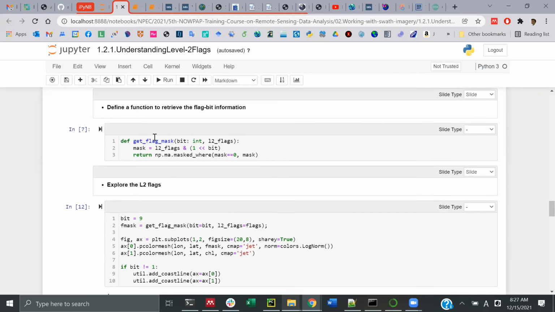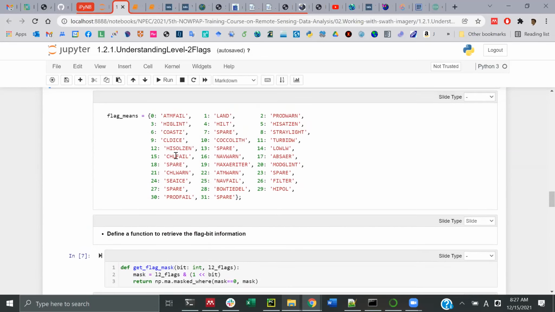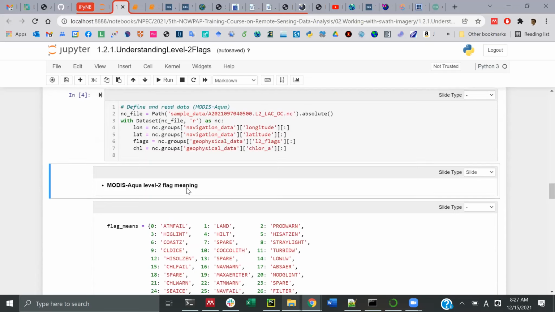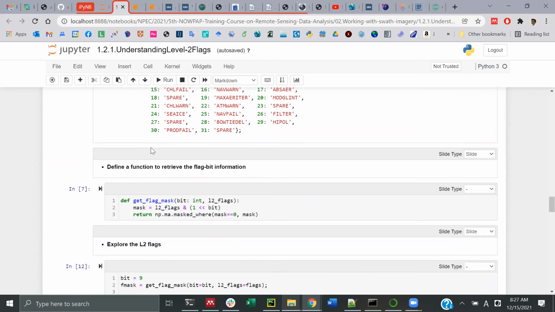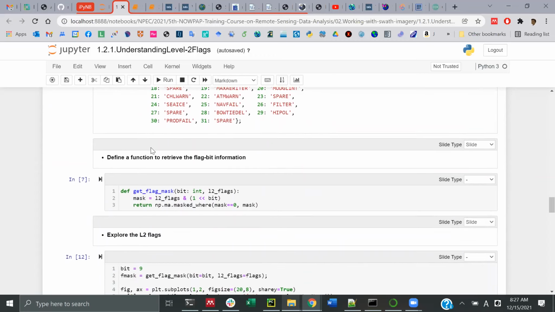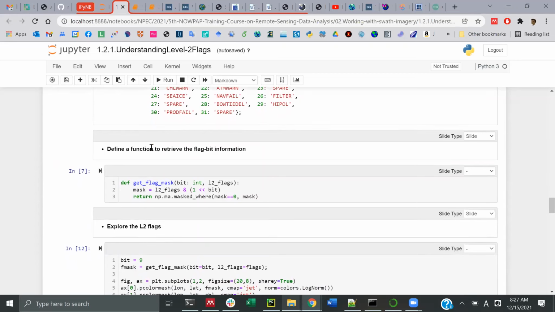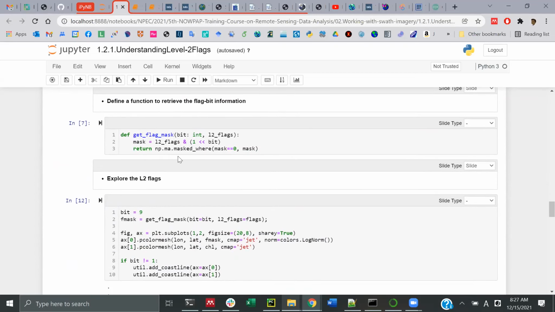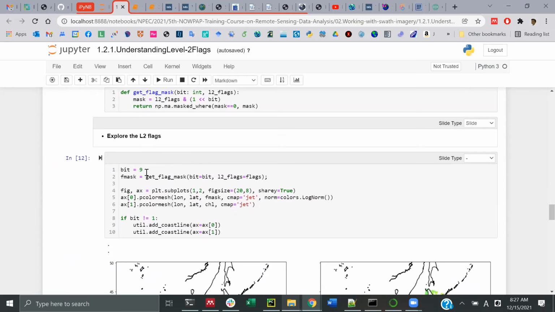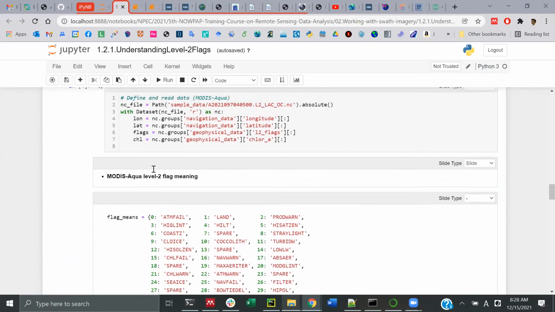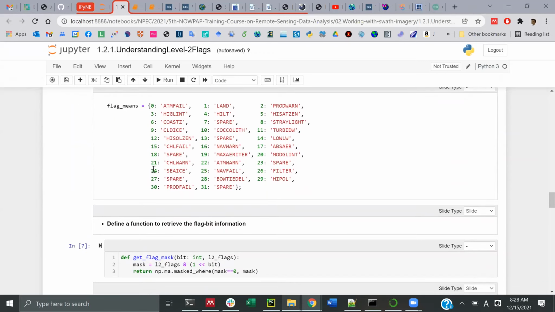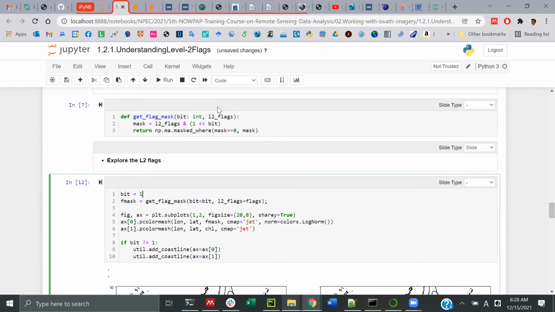So here, this is a function that helps us extract each bit flag. All the information is contained in the level 2 flags, right? So this is all the information combined, and then we need to extract each flag from the whole. This function will help us do that. And here, for example, instead of selecting 9, which is cloud, we can select 1. So basically,